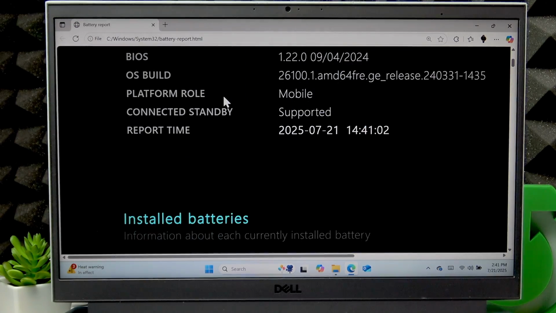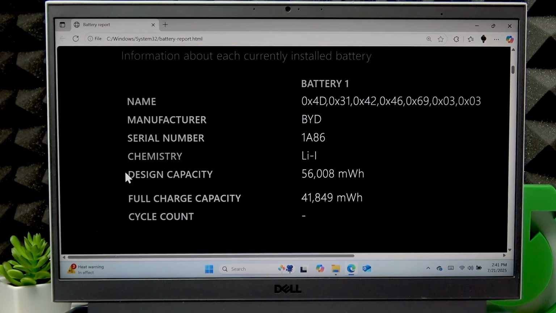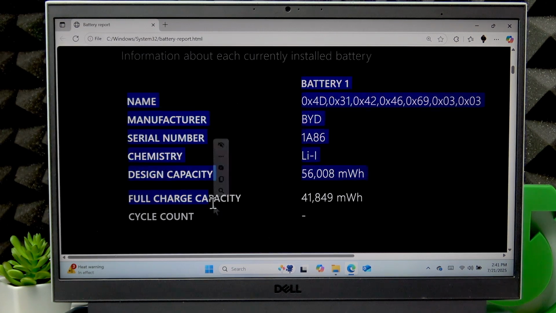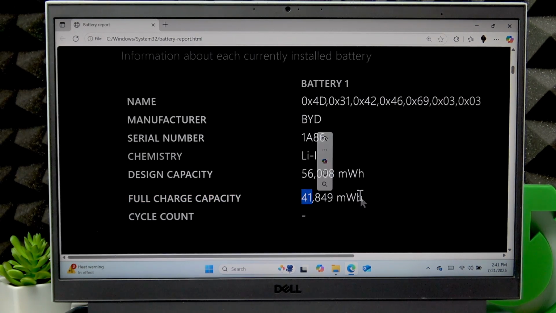And to see how worn out your battery is, you'll have to go to the installed batteries section, and here you'll find the design capacity. And as you can see, the design capacity for me is 56 watt-hours. The design capacity is the original capacity of your battery, and the full charge capacity is the current maximum capacity of your battery. And as you can see, there is a significant difference between the design capacity and the full charge capacity for me, which means that my device's battery is worn out by 15 watt-hours, almost 15 actually,